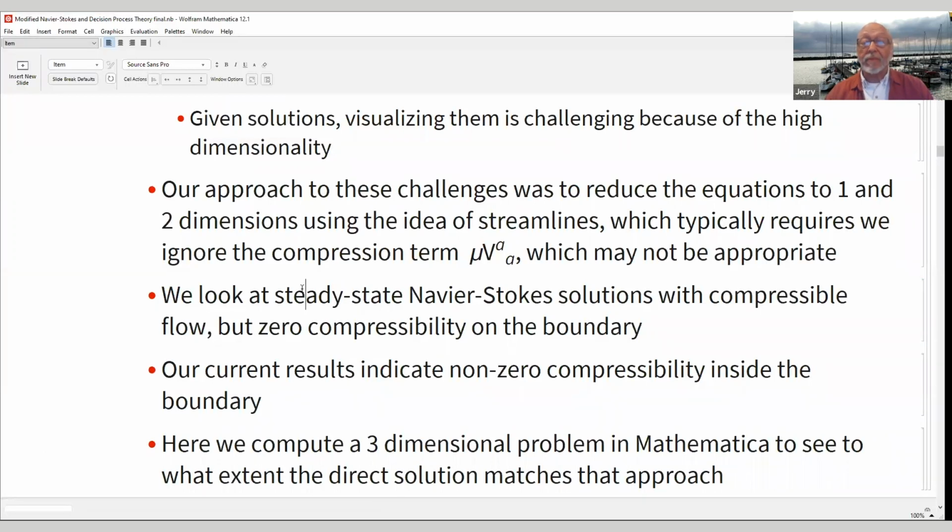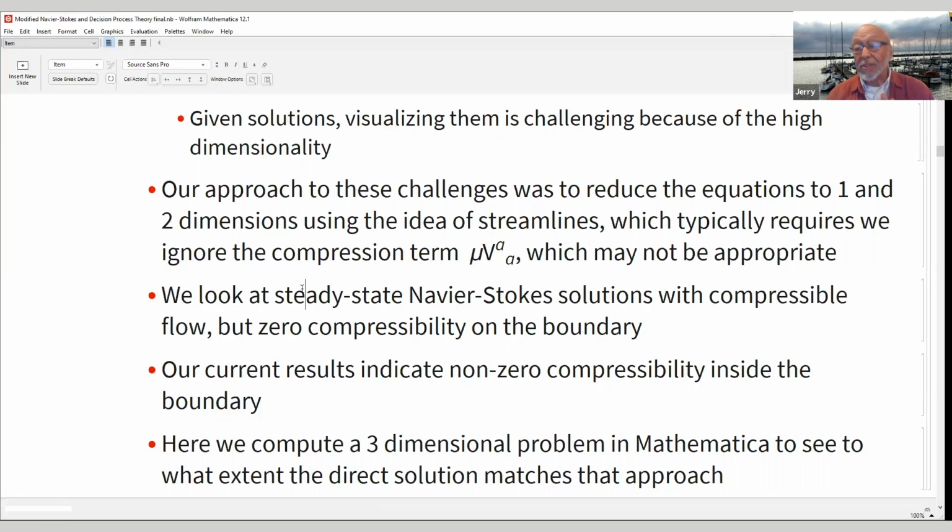What we'll do today is, in looking at the solutions that I've done so far, my concerns are particularly with the compression terms and not getting accurate results and not understanding to what extent those compression terms that have been ignored change the qualitative nature of the solutions. So a way to study that is to go back to a problem that we can compute directly, exactly, which is a three-dimensional problem. And so what I'm going to do today is talk to you about a three-dimensional Navier-Stokes